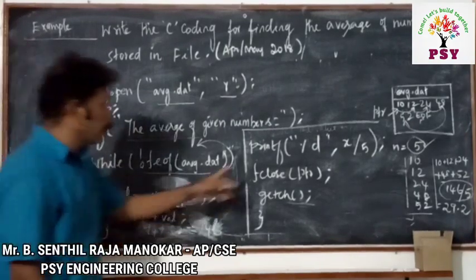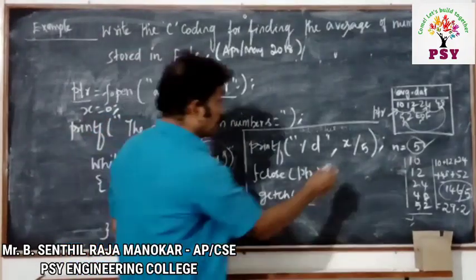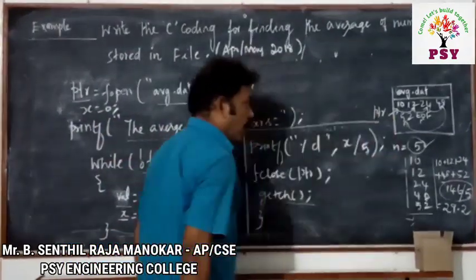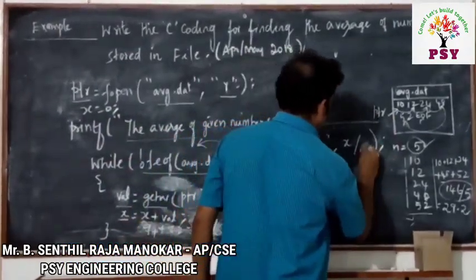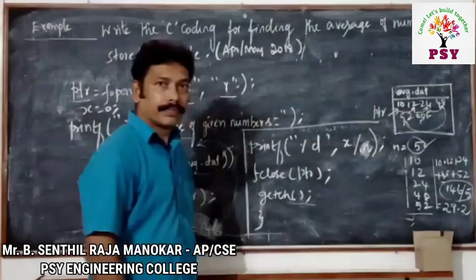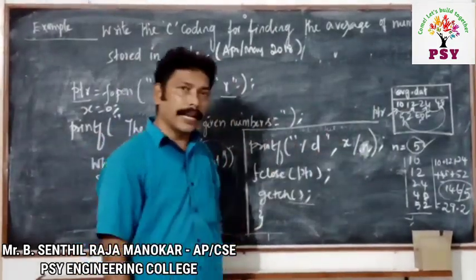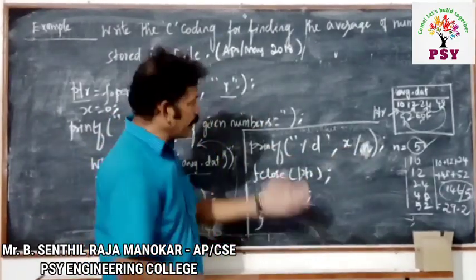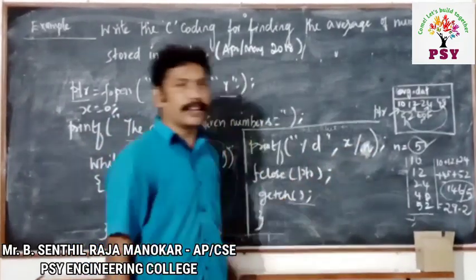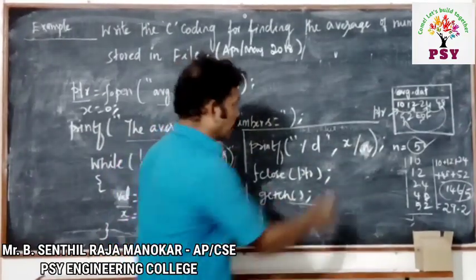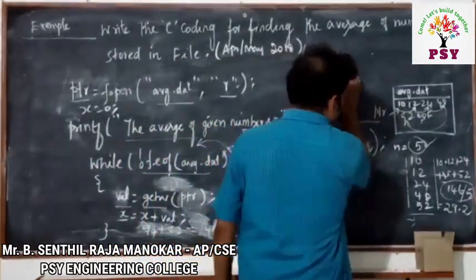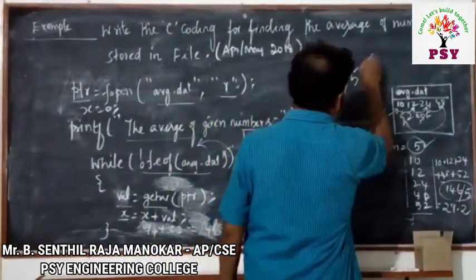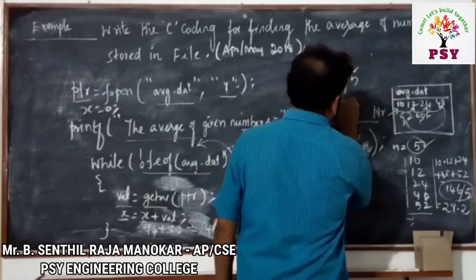So that we have to print, with the division by the number of values. I will write here n values, because that can be any number of values. As per this input there are only 5 values, but it may be any number. So I may write here x divided by n. So what is the value of x? x will be 146 divided by n, which is 5. The value will be 29.2.